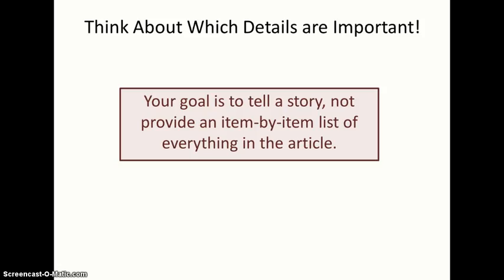So the main thing to think about when you are summarizing an article is that your goal is to tell a story. That when all is said and done, you should have a beginning, a middle, and an end. Your goal is not to just go through the article and summarize paragraph by paragraph or section by section. Because if you do this, you're going to wind up, first of all, with a summary that's much longer than it needs to be. You're also going to find that information winds up being in an order that doesn't really